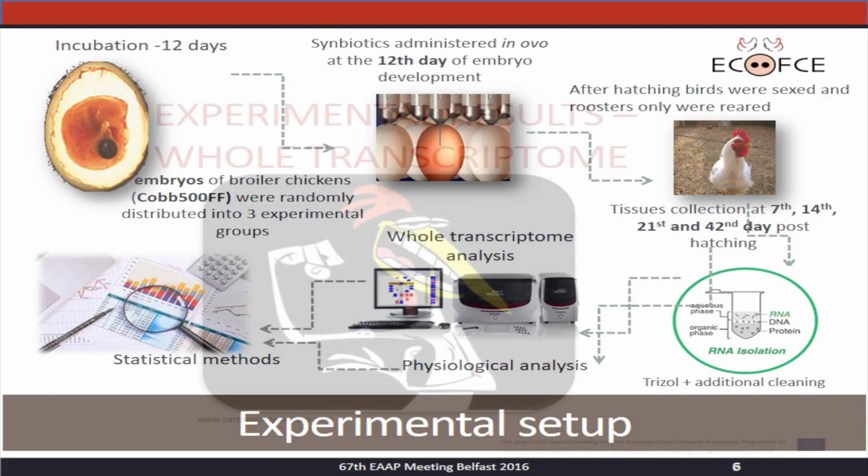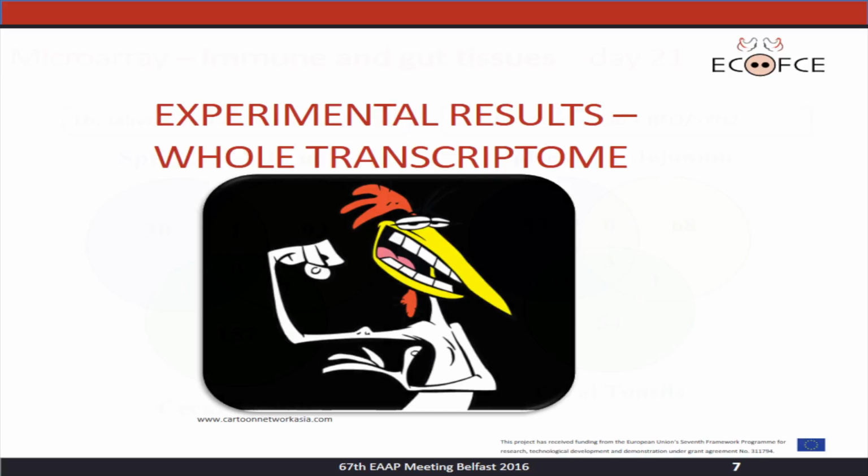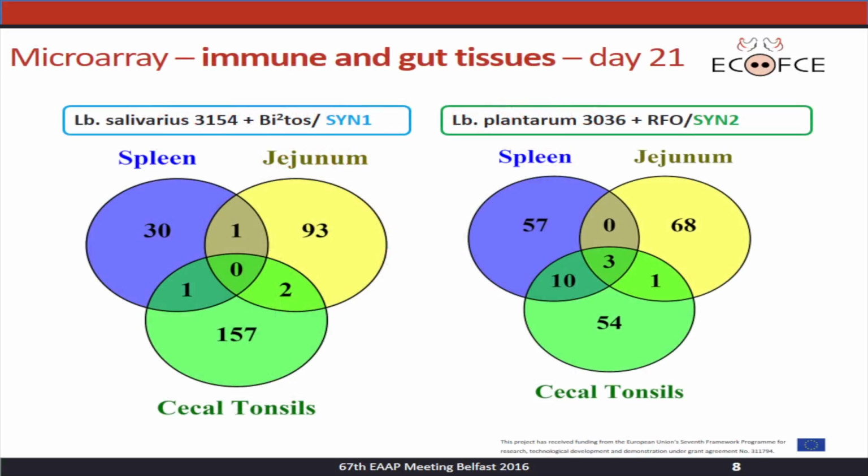21st. So going into results about the whole transcriptome analysis, at first we look at the immune and gut tissues. There were 3 tissues which we analyzed: the spleen, the jejunum and the cecal tonsils. On these slides I'm presenting so-called Venn diagrams, which actually look at the common and different differentially expressed genes in those 3